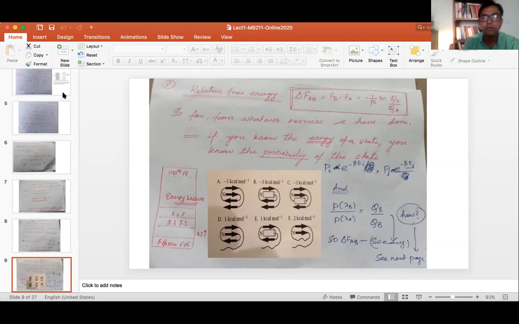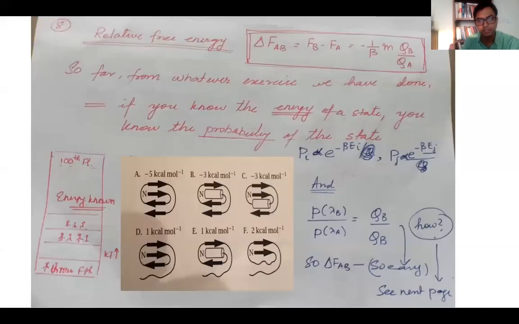So I went through how the relative free energy expression can be written as a ratio of the partition functions of the two phase spaces, and there are certain subtle things that need to be kept in mind when you're dealing with this. Okay. And we'll come to that in the coming slides, about the very definition of the free energy. So when you say free energy difference, what are the things that you should keep in mind?